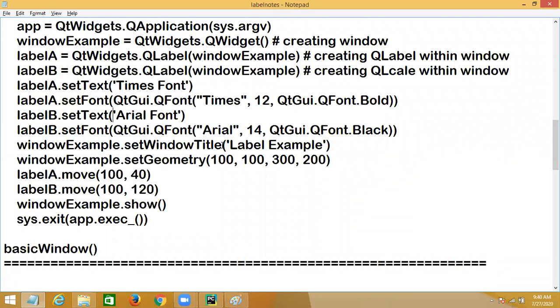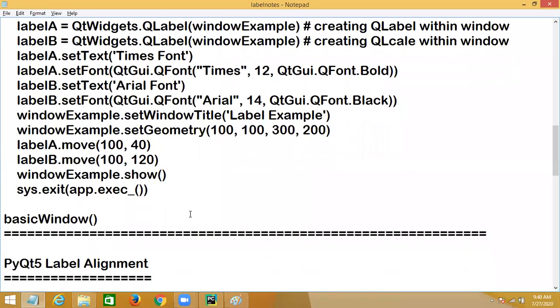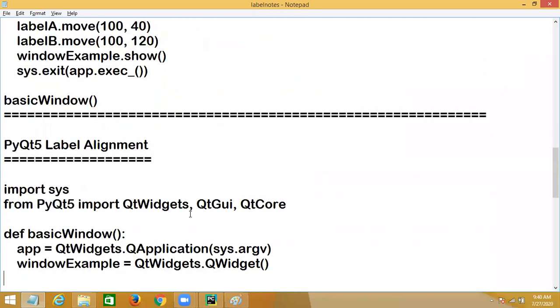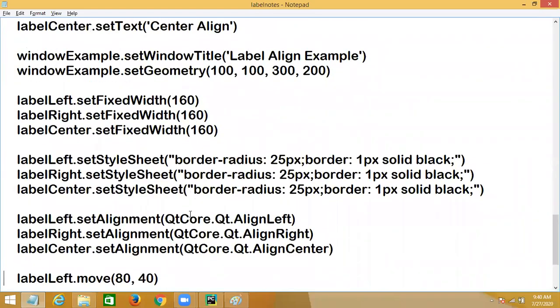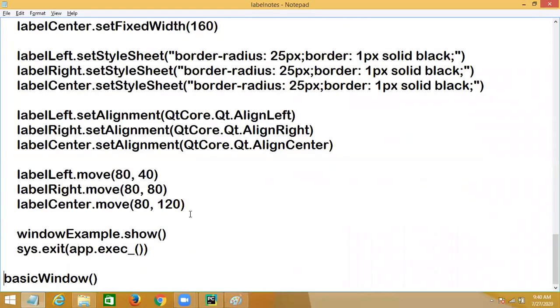You can define the style by defining color, font, everything as one style. So the next example is how to change the font color and other things, alignments also. We'll see colors.